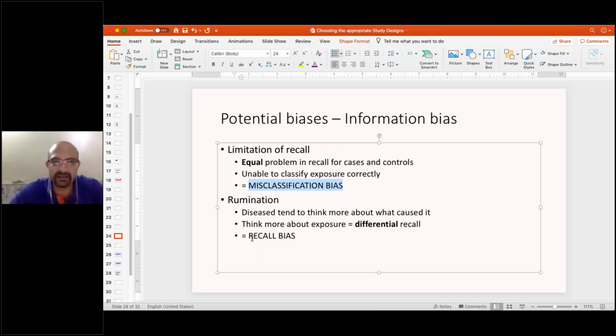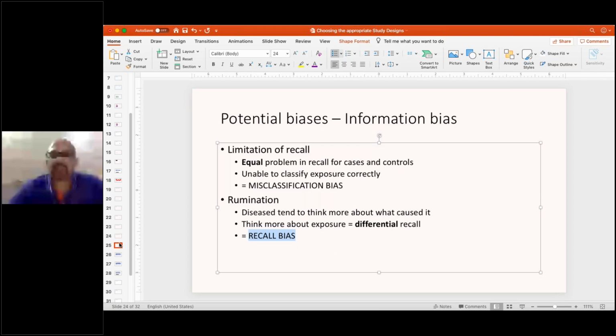Another kind of bias is a recall bias. The one who has got the disease has more tendency to keep thinking about what he did that he could have got this disease, what he ate that gave him a stomach ache. So those who get the outcome have a greater chance of recalling things. They will clearly remember because they have thought over that for a long period of time and will be able to tell you much better about their exposure. Those who did not get the disease will not remember, nor will they try hard to recall properly, and what you will get is recall bias.